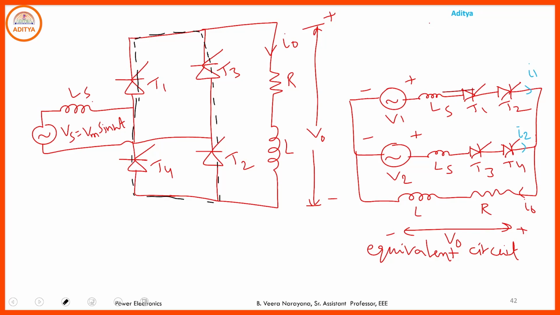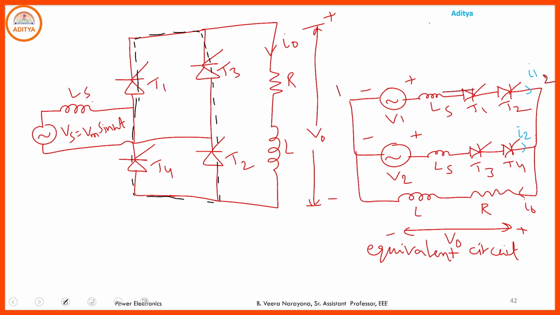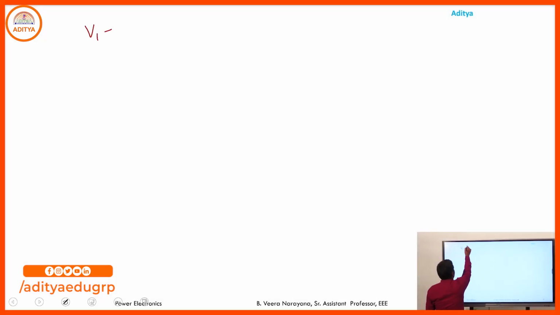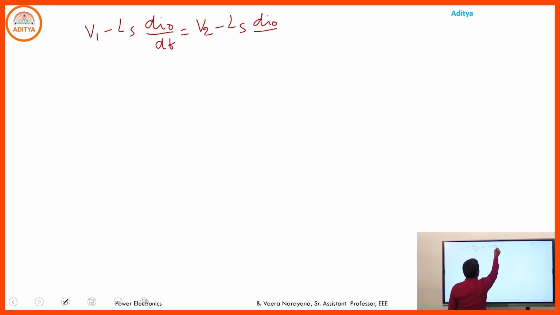To write the voltage expression across 1 and 2 and 3 and 4, what you are getting here, V1 minus Ls into di naught by dt is equals to V2 minus Ls into di naught by dt. So by simplifying this, what you are getting? V1 minus V2 is equals to